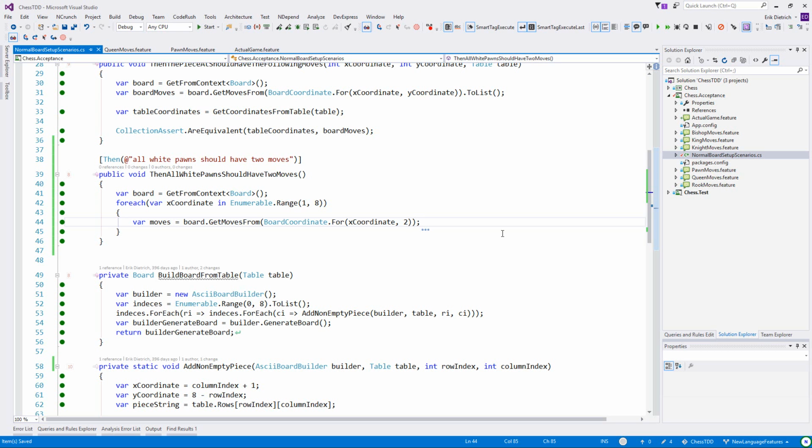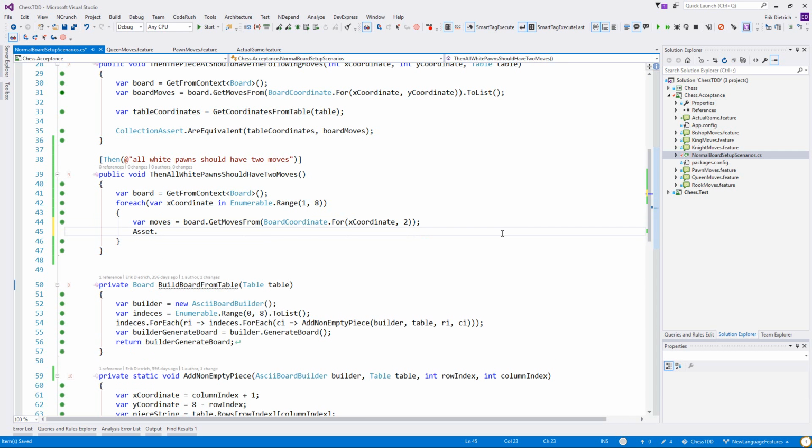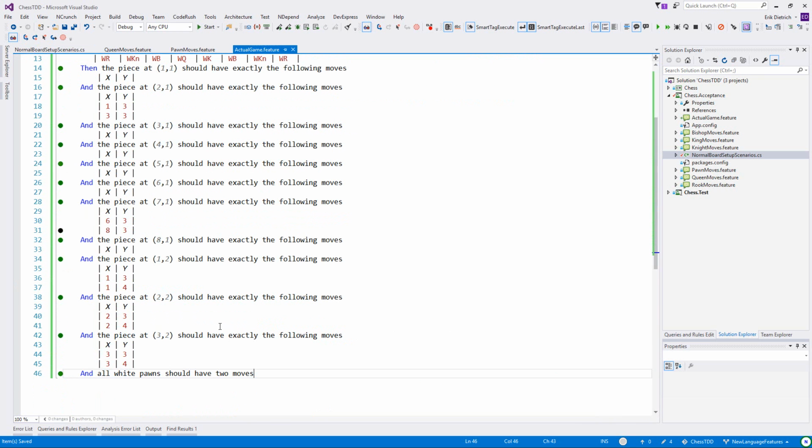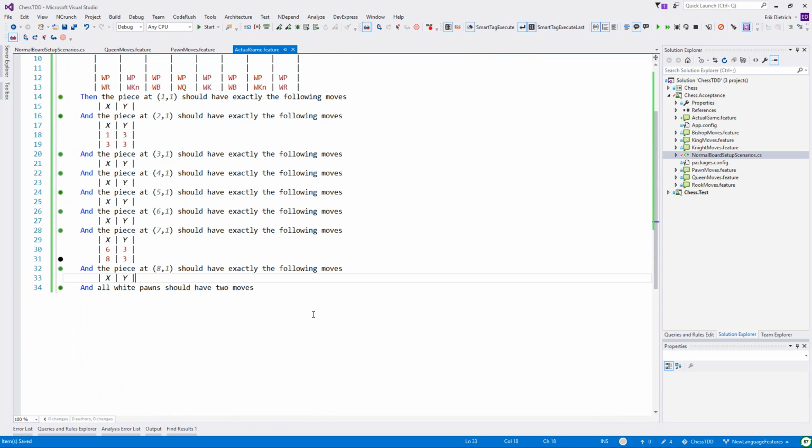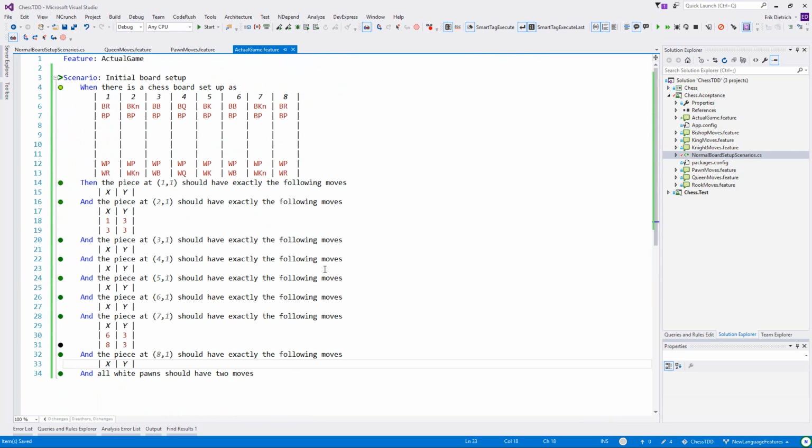As a general rule of thumb, at least for me, I don't like to have assert statements inside of any control flow, including a while loop. It's not the end of the world, and I think especially in acceptance tests, it's not the end of the world. Here I'm doing it to kind of get green, and now I'm going to go back and refactor and reconsider. So anyway, not the end of the world, but I don't think great practice. It just strikes me as